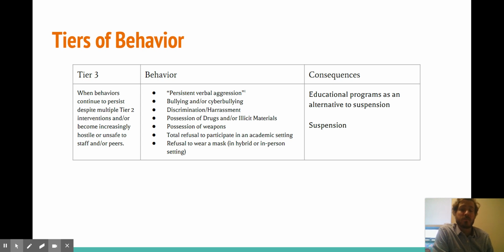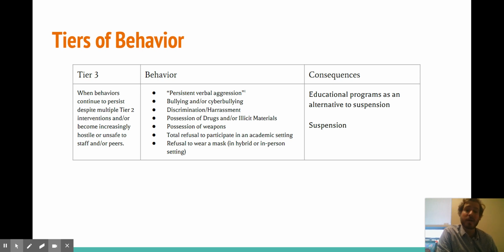These are behaviors that continue to persist after multiple tier two interventions, and the student is becoming increasingly hostile or unsafe to staff or peers. And so that's our number one goal, is to always ensure the safety. And so what might some of those behaviors be? That's persistent verbal aggression. Someone who is consistently aggressive in their words and threatening in their words. It could be bullying and or cyberbullying, discrimination, harassment based off of people of protected classes, and could also be possession of drugs and or illicit materials, such as a vape, and possession of weapons, total refusal to participate in an academic setting,